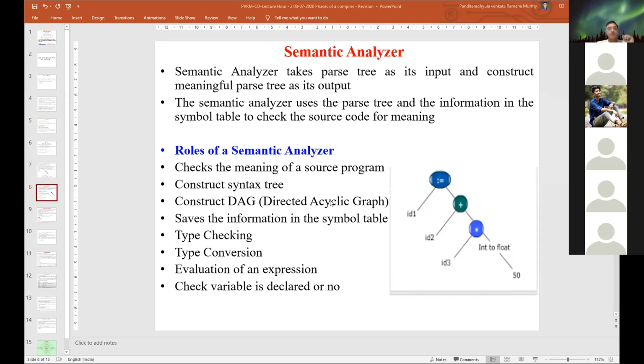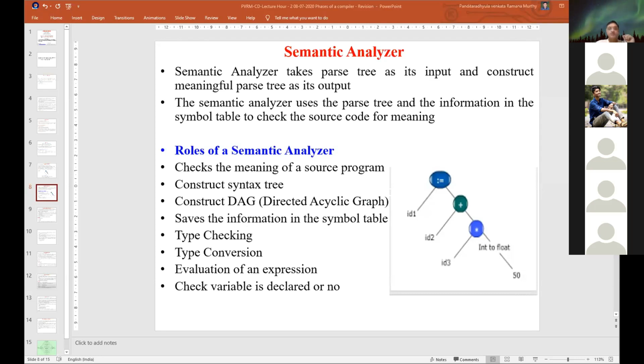That we are going to learn in the next phases. It saves the information in the symbol table. It also does type checking, and if necessary, type conversion. Then finally, it performs the evaluation of the expression and checks whether the variable is declared or not.